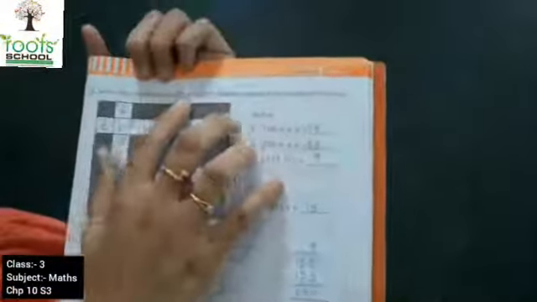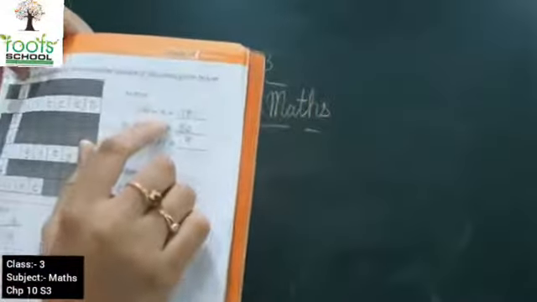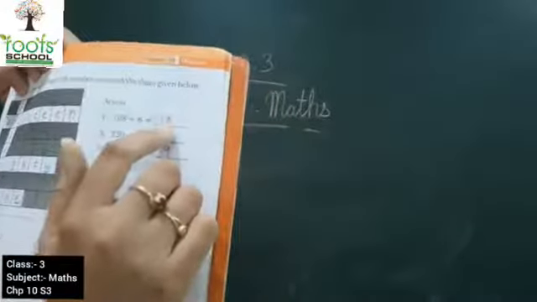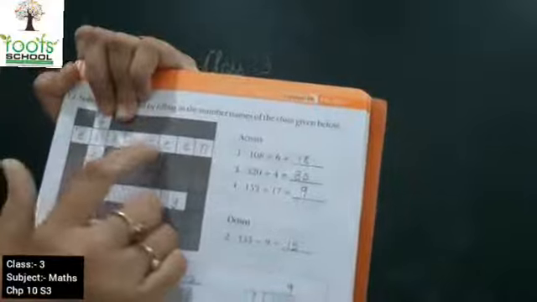Solve the crossword by filling the number names of the given clue. Now here first is 108 divided by 6. After solving this you get answer 18. So kids, 1 across, you have to write the number name spelling of 18: EIGHTEEN. Similarly, 320 divided by 4. The answer you get is 80. It is 3 across. EIGHTY.